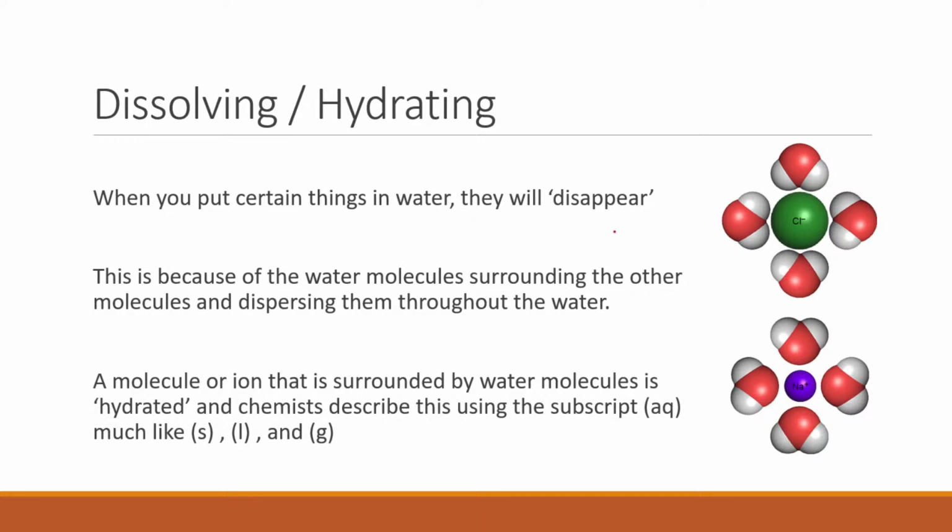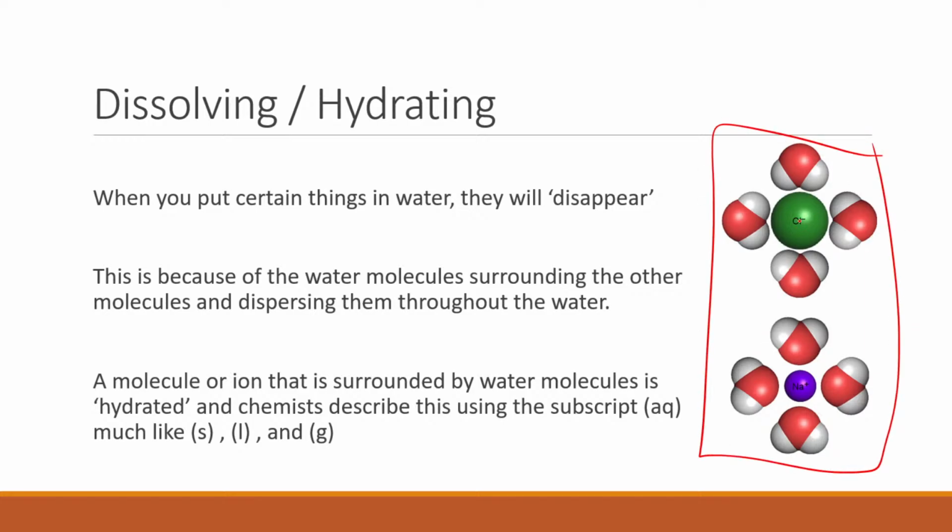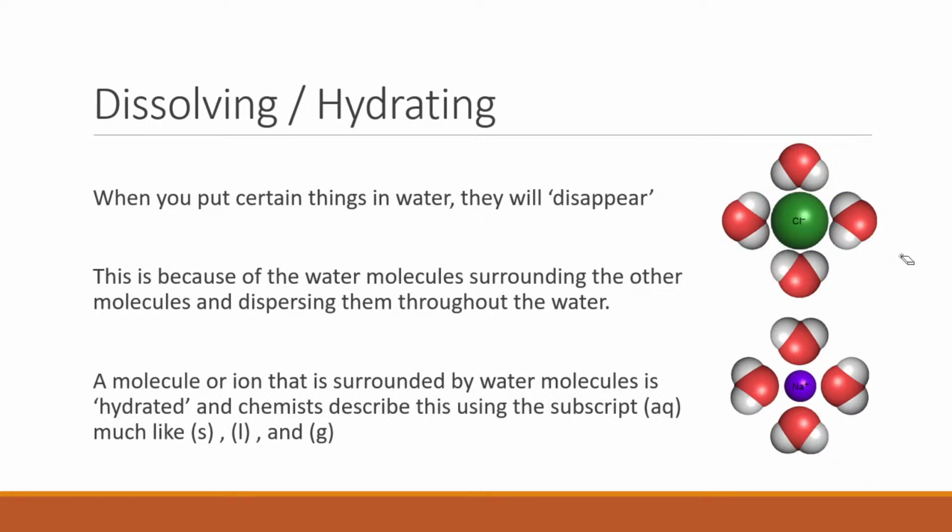The water molecules pull apart whatever is being dissolved, separating the particles from each other, right? Like a sugar cube, it's going to separate the sugar from the cube, slowly spreading it out throughout the water, surrounding those molecules, and then it will be dissolved. And this state that we have here, ions or molecules surrounded by water, is where our AQ, aqueous modifier,